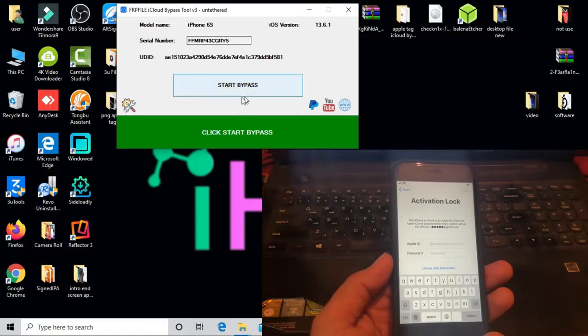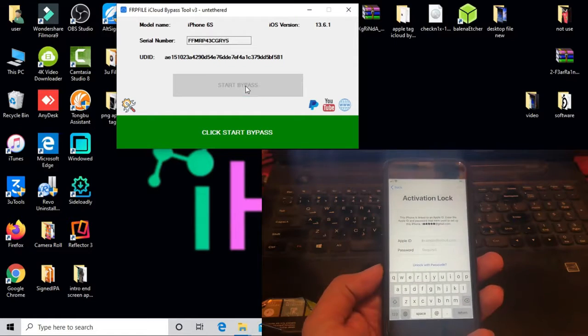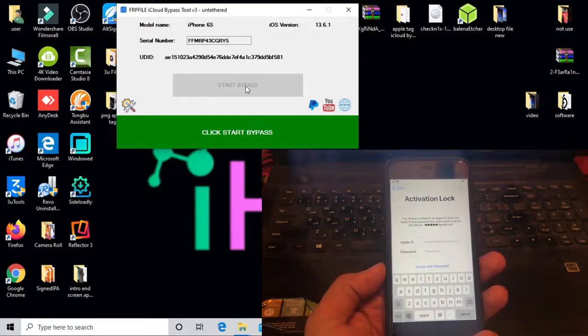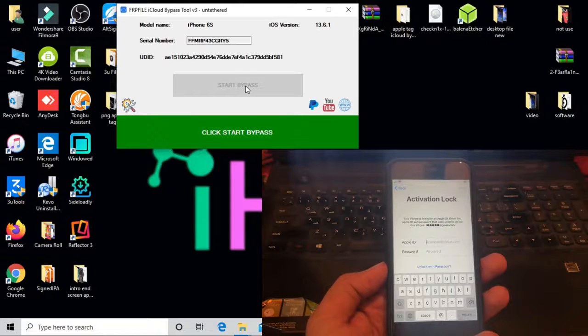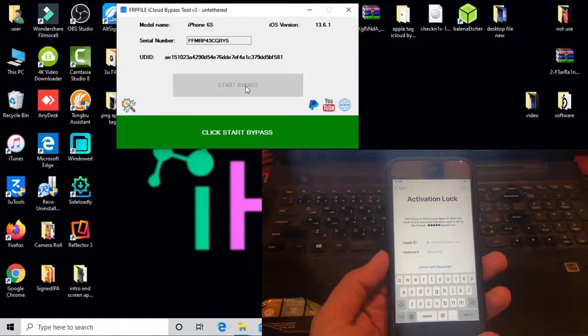Minimize this one. So guys, in this bypass tool you can see here 6s and version 13.6.1.